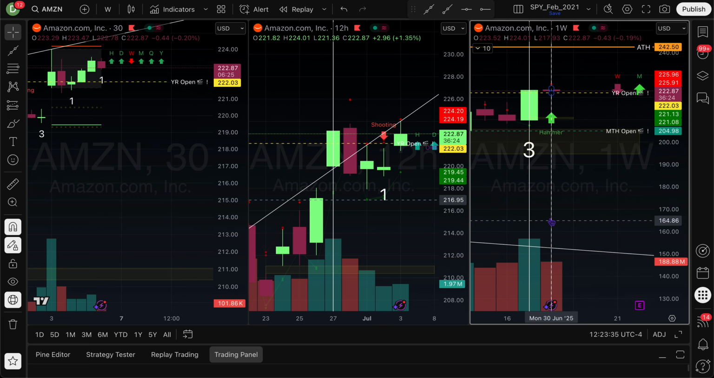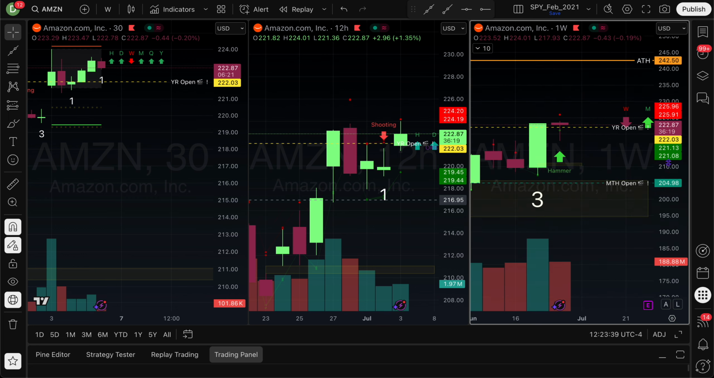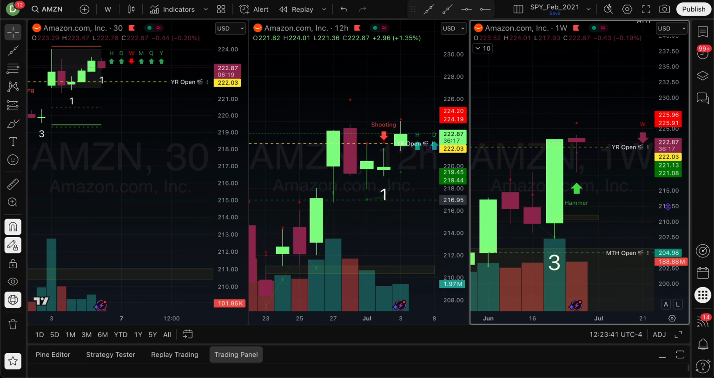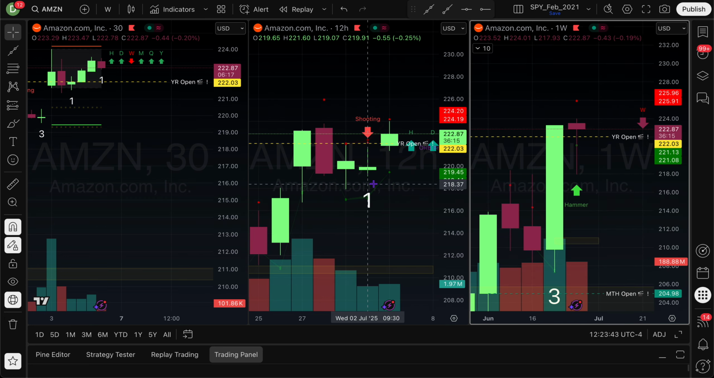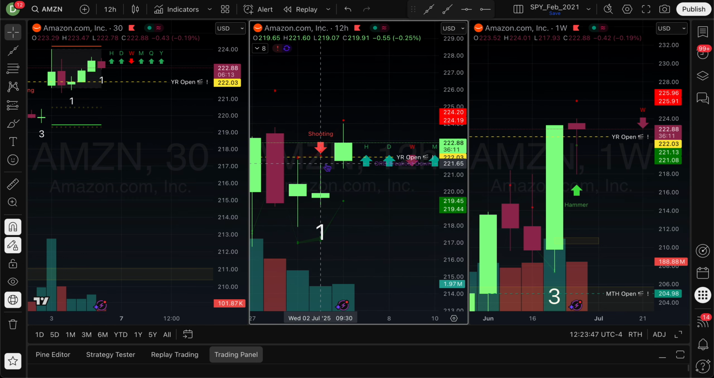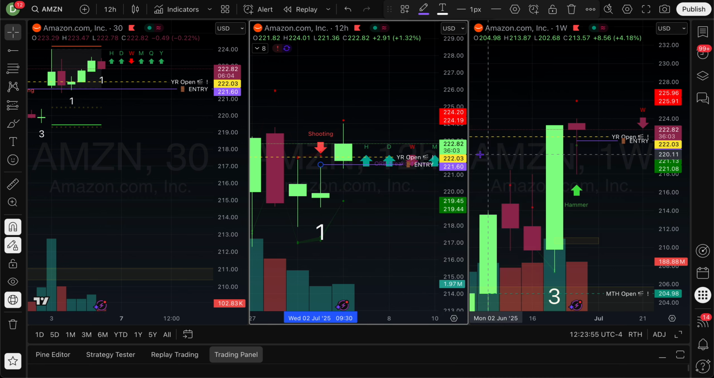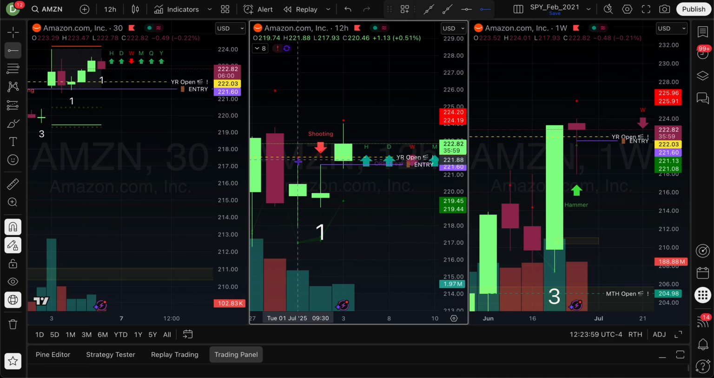What is it showing me? Let me get rid of some of those lines. Okay. Amazon is showing me an inside day. Okay. So my trigger would be here. Let's draw it together. Trigger or entry, right? And then I have target 1,